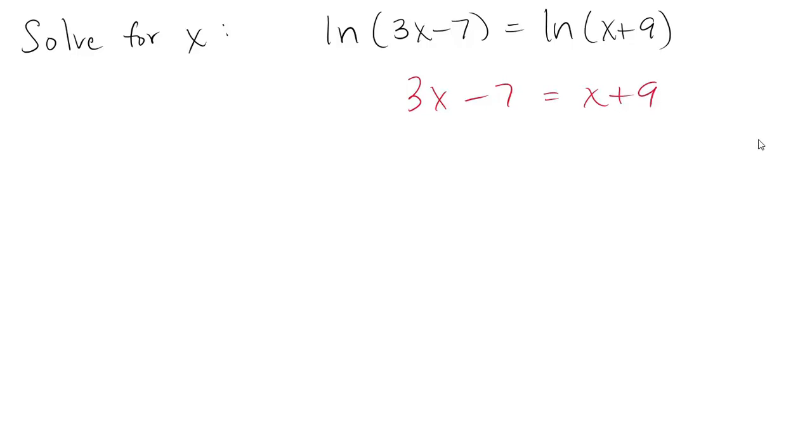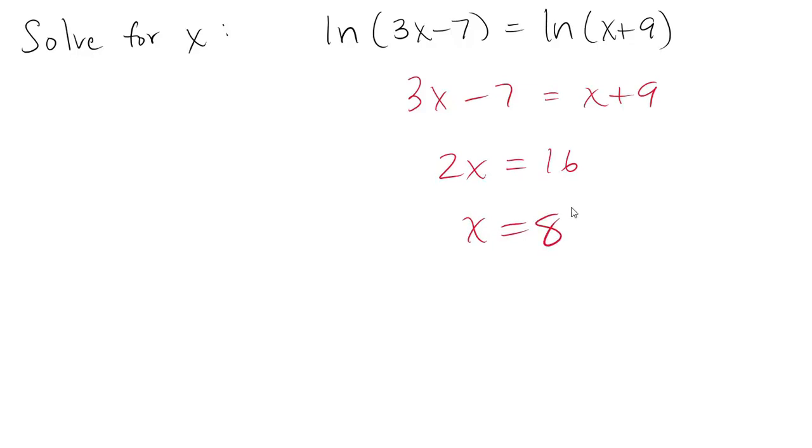We didn't divide by anything there. We certainly didn't divide by ln, which is the name of the function. You can't divide by the name of the function. I better not catch any of you dividing by the letters ln. That doesn't make any sense. We're using the fact that these functions are one-to-one to set the inputs equal to one another. And then from here you subtract x from both sides, you add 7 to both sides, and we get